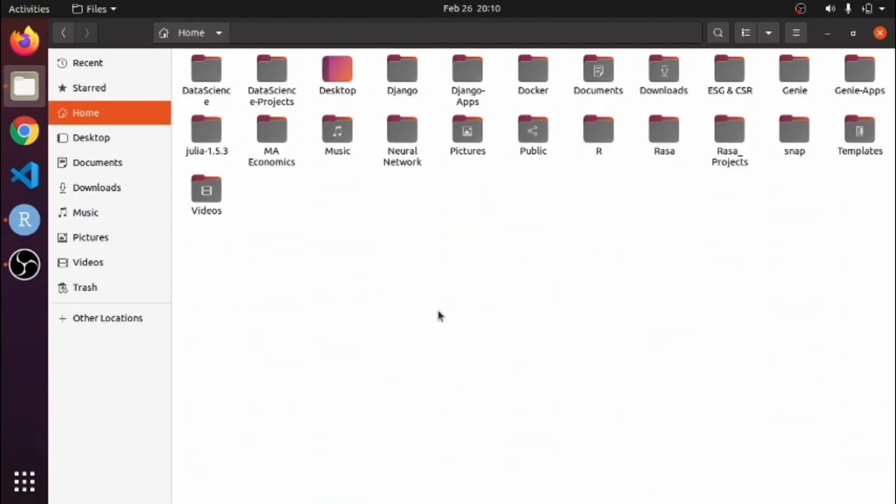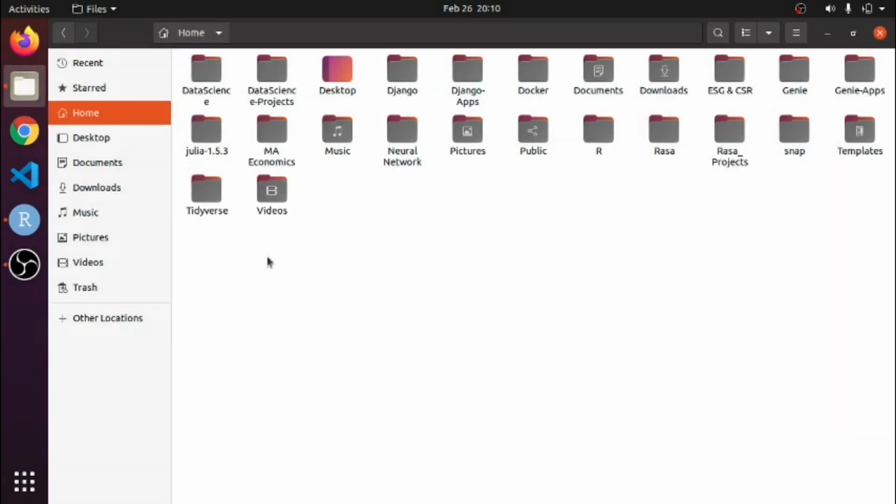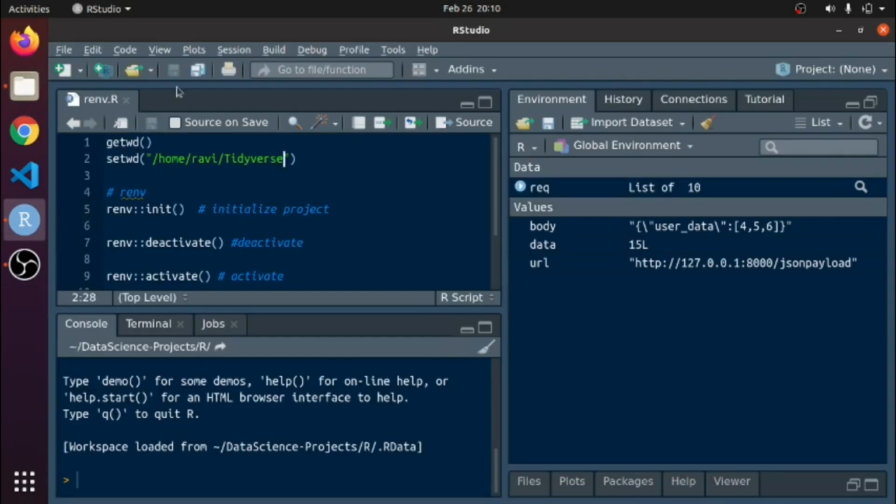To create the R virtual environment, first create a folder. So I am creating a folder, and I give it the name tidyverse. This is my tidyverse folder, and this is my file. Now I go into the tidyverse folder with the command setwd.